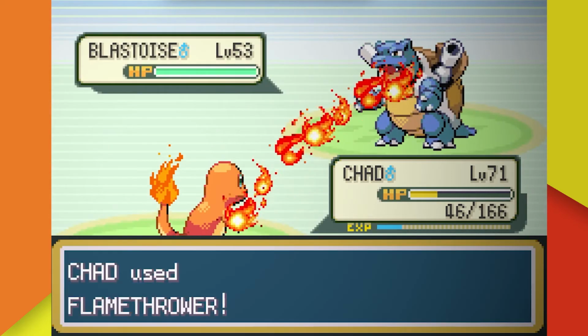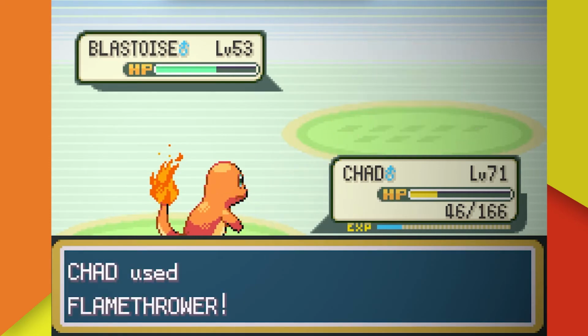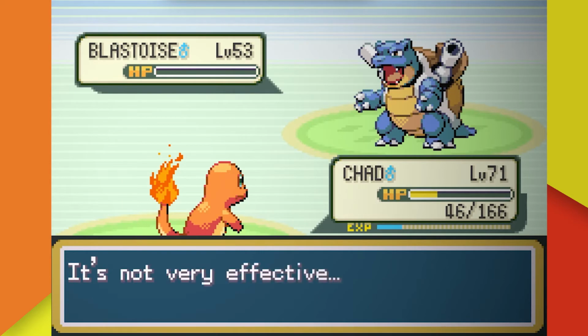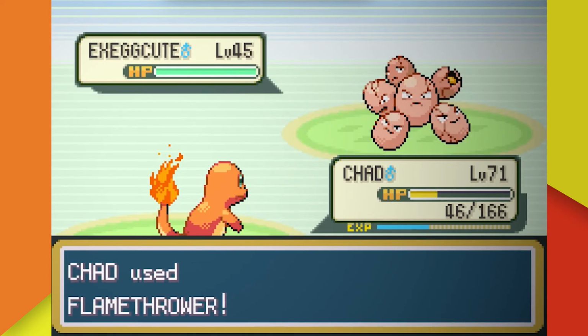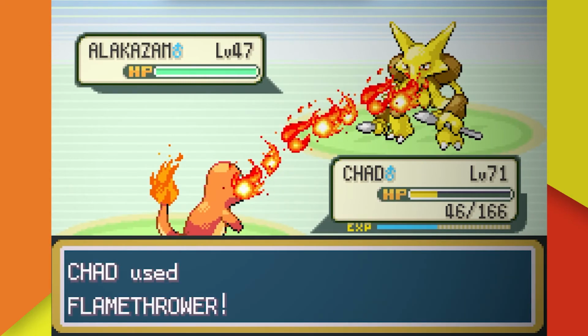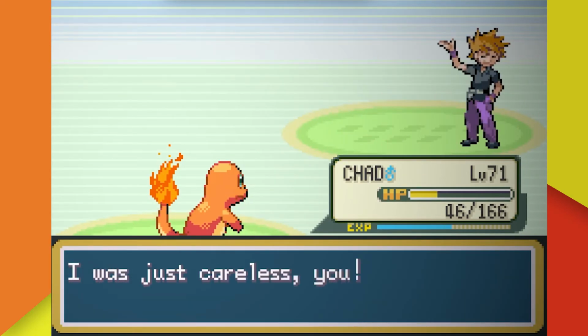Blastoise is up next, who we Flamethrower while it misses Water Gun. We Flamethrower again while it misses Water Gun once more. We then go for one last Flamethrower and take it down. Growlithe is up next, who we one-shot with Flamethrower. Exeggutor is then after Growlithe, who we also easily one-shot. And lastly is Alakazam, who we also managed to one-shot, winning us the fight and the right to take on